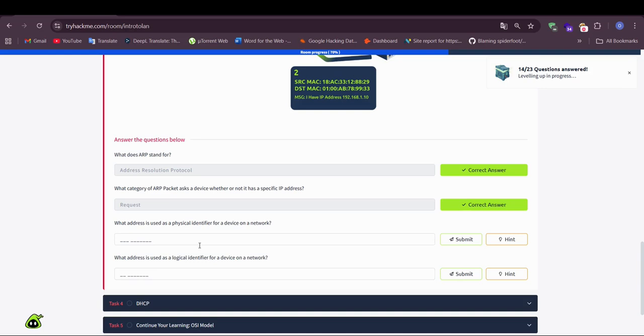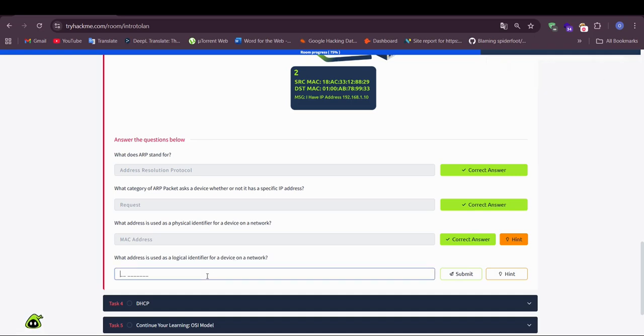What address is used as a physical identifier for a device on a network? A MAC address is a physical identifier for a device on a network. What address is used as a logical identifier for a device on a network?